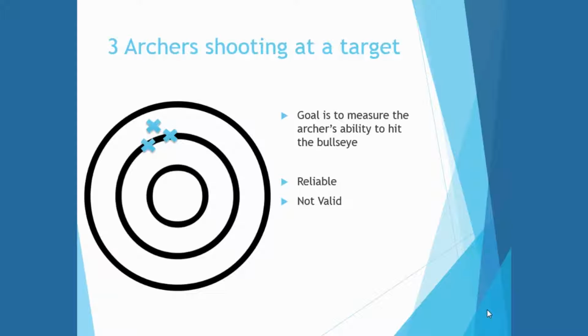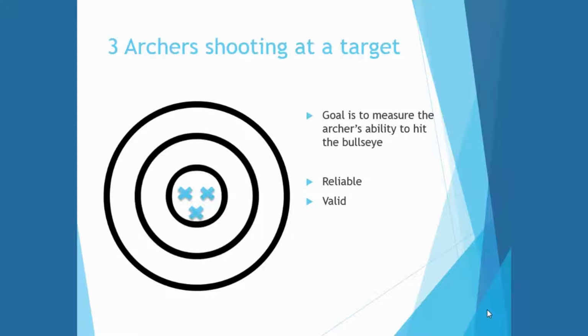The goal is that with these yellow glasses on, we said, by wearing these yellow glasses, our archer will be able to hit the bullseye. Did we do that? No, we didn't. We were not able to do that. However, if all three of those shots are in the bullseye and all three are clustered together, then we can say that that's a very reliable and very valid measurement of the accuracy or the effect with these yellow glasses.